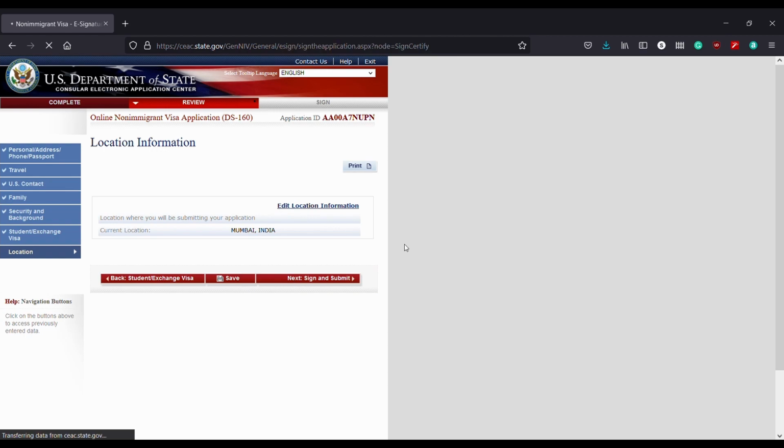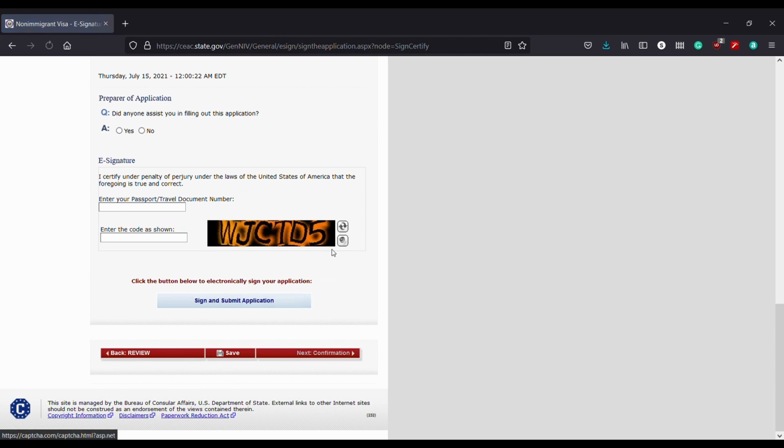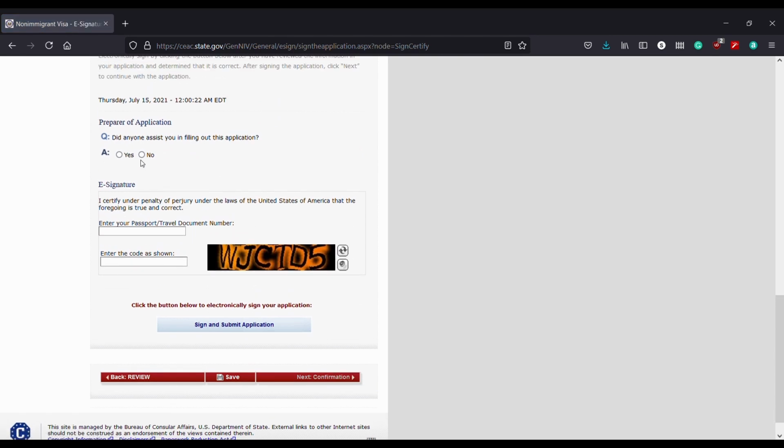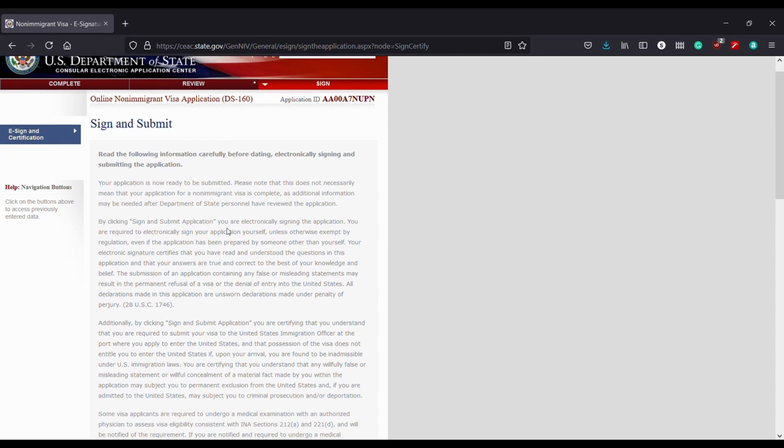So make sure to read everything here properly, जो भी mentioned है ऊपर अच्छे से go through it and fill out the details as asked, your passport number and the captcha provided here. And as you know, since I have already filled my DS-160 and this is just for your reference, और ये सब dummy information है, I'm not going to sign and submit it actually, but once you are thorough with all your information provided here by you, you can click on sign and submit application. This will give you the final number and DS-160 confirmation जिसका आपको प्रिंट आउट लेके जाना है वीजा इंटरव्यू के लिए.